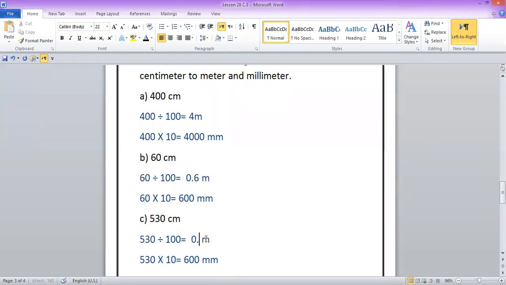530 divided by 100. As you are dividing by 100, you will move the point to the left side. How many times? 2 times, because there are 2 zeros. The point is here after 0. One time you will move, it will become